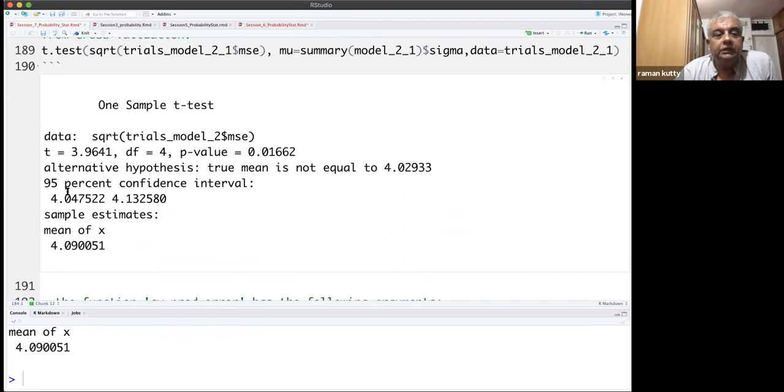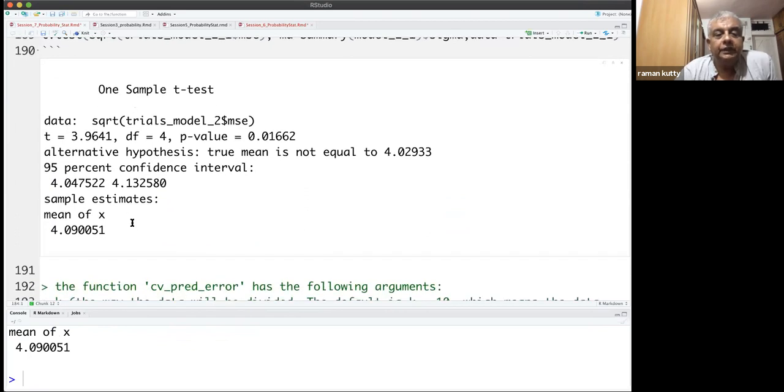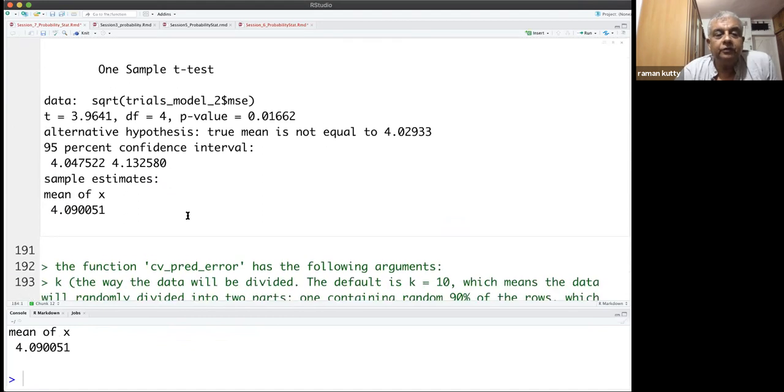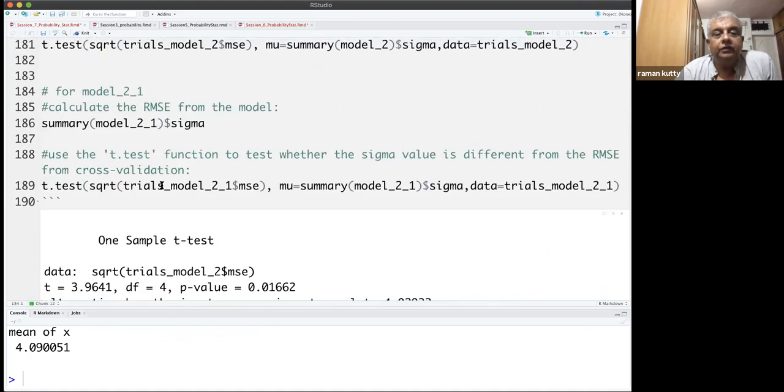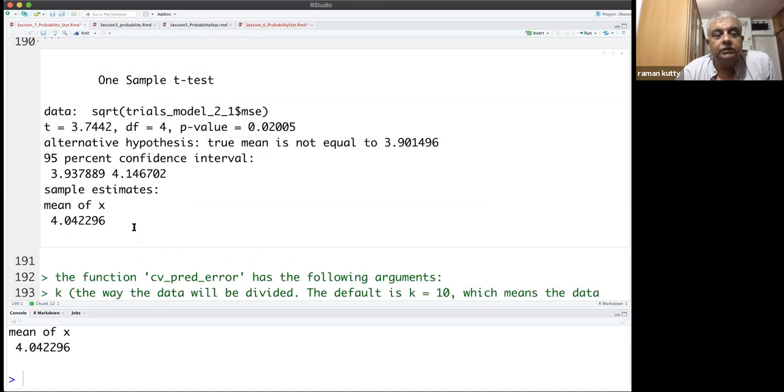The 95% confidence interval is 4.04 to 4.13, and the mean of x is 4.09. So it is different from 4.02, the original value. Similarly for the other model, here also we find that it is significant.